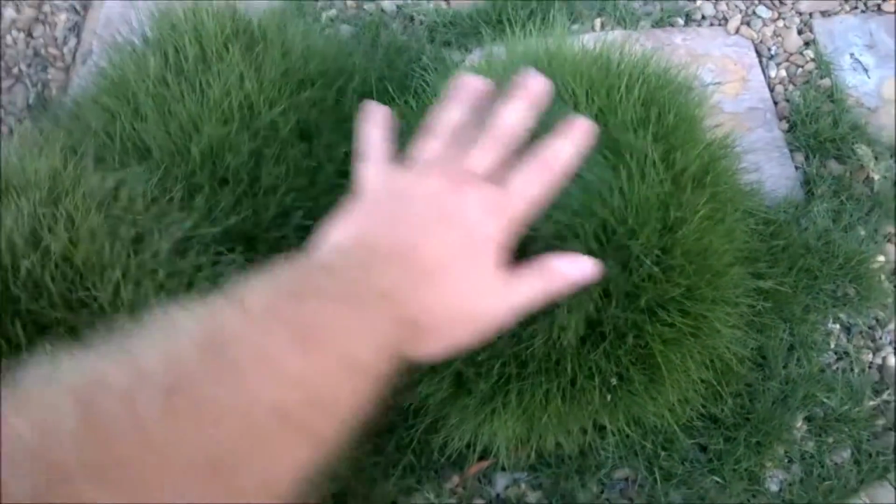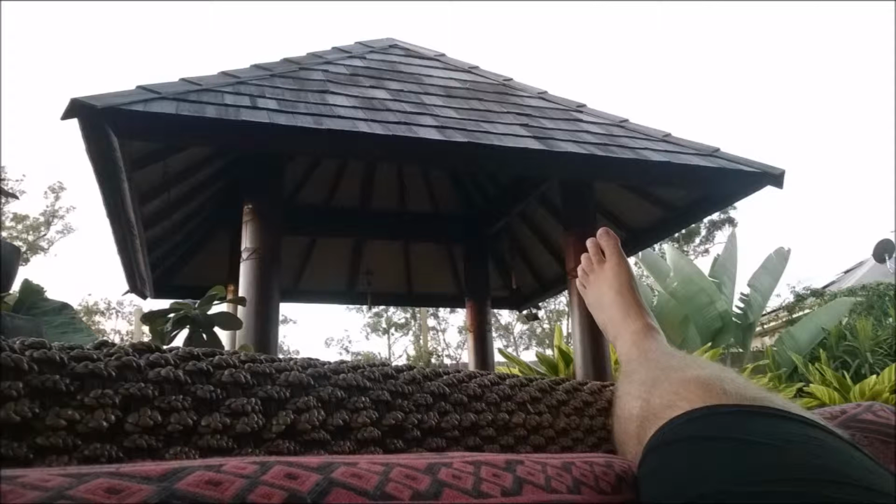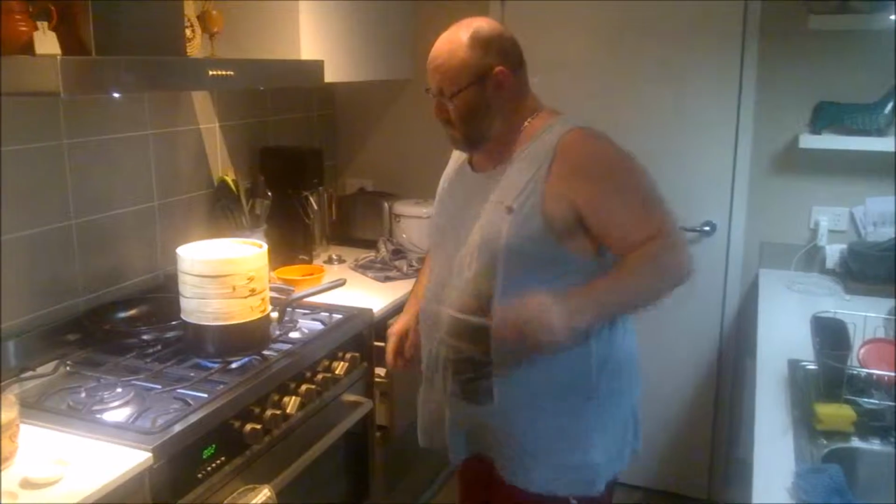But we've managed to fill it with some beautiful little things, and look at these zoysia. They're so cute. And I've been taking every opportunity that I can get to just stick my feet up and enjoy it for what it is. Mark grew some lemongrass and used it to make...